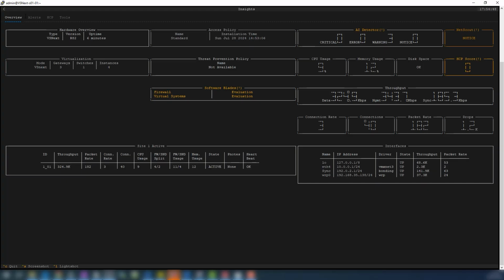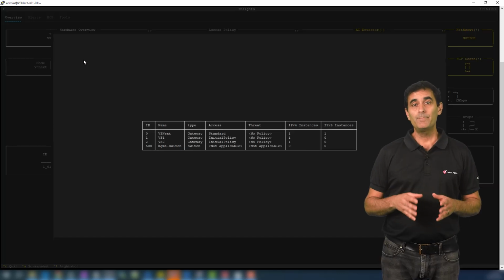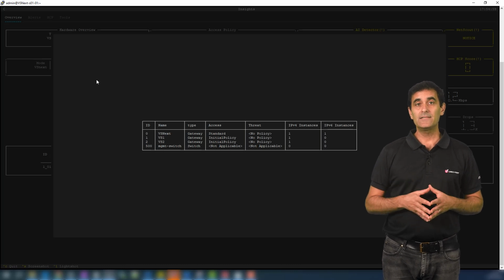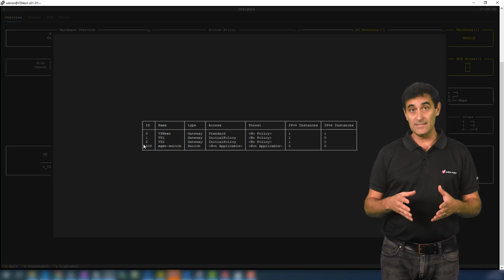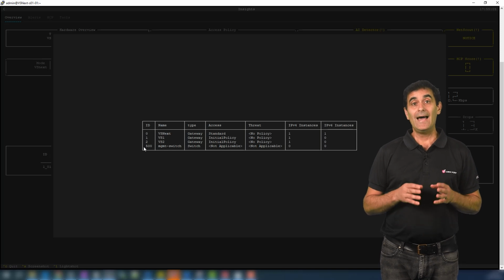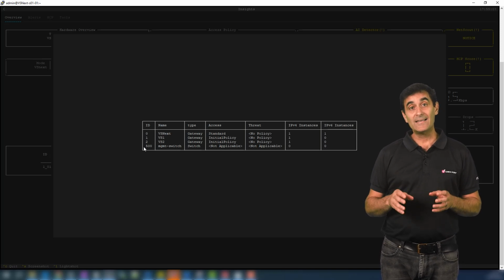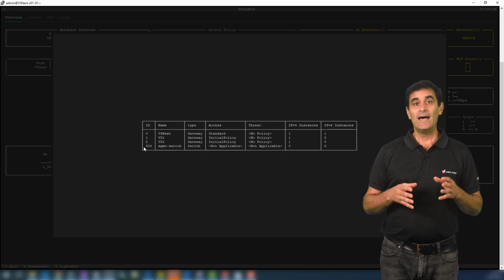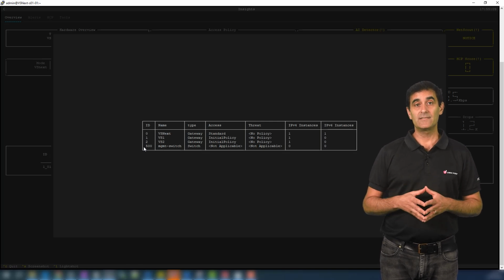Going clockwise on the main screen, we will begin with the Hardware Overview panel. It provides information regarding the type of the environment, version, and uptime. The Virtualization panel displays information regarding the number of virtual systems, virtual switches, and instances in our VS Next environment. If we click the panel, we will get a detailed list of all the virtual objects' IDs, names, types, active